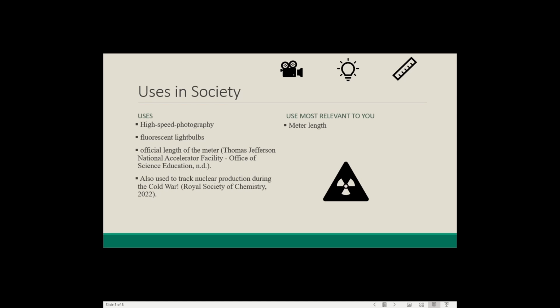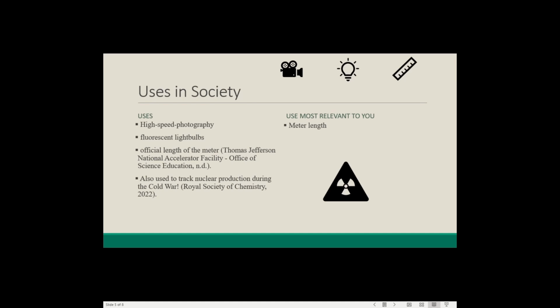in 1960. Another interesting thing is that radioactive krypton gas is produced from every nuclear reactor, which led to it being used during the Cold War. Western krypton gas emissions were subtracted from the total already present in the atmosphere, leading to an estimate of the USSR's nuclear productions. Krypton's most relevant use to me would likely be the meter one, as science uses the metric